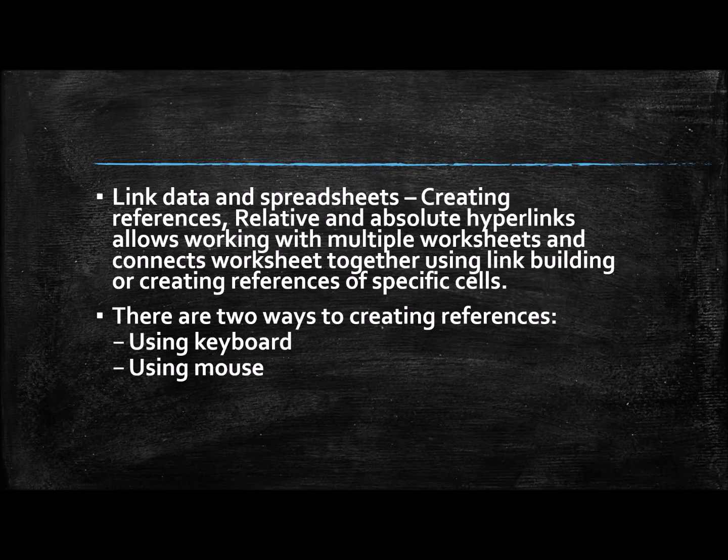For this, we are required to link different worksheets or link data in different worksheets. There are two ways of creating references in a worksheet, that they are using a keyboard or using a mouse.